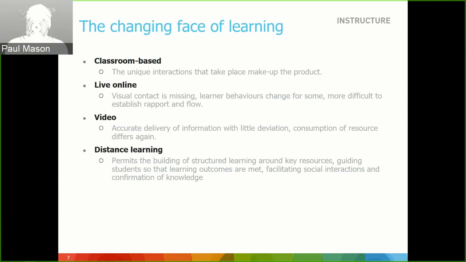In that situation, the format is different, and the skill set of the trainer begins to change because the visual contact is missing. Whereas in the classroom scenario, there's visual contact, online there's no visual contact with the students,